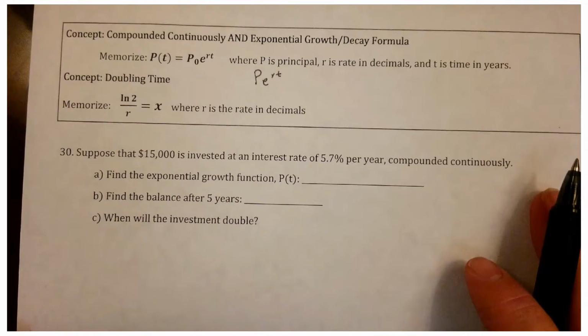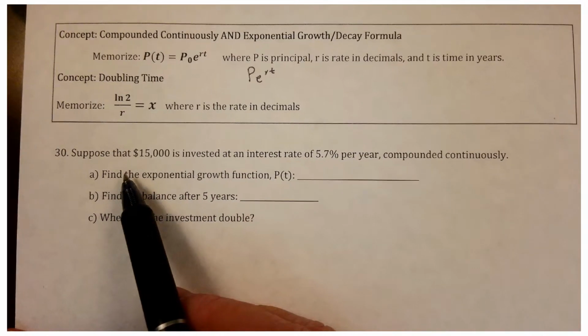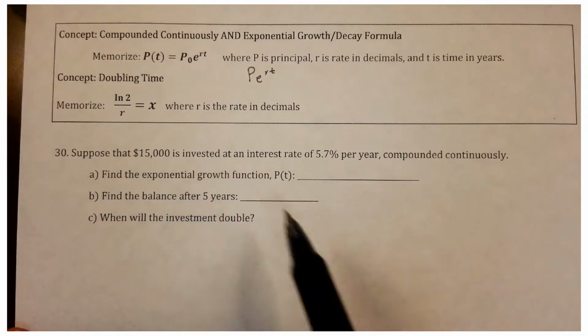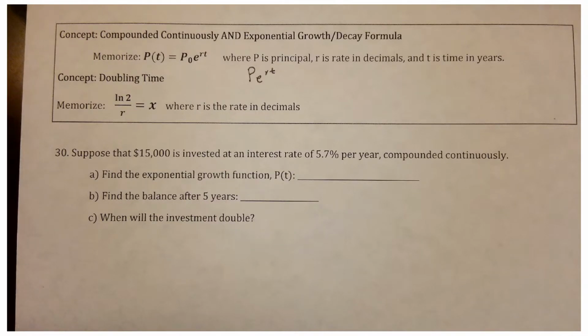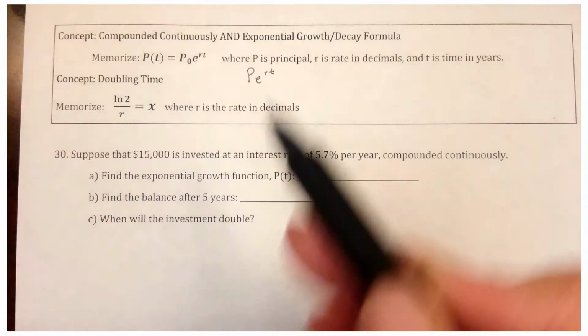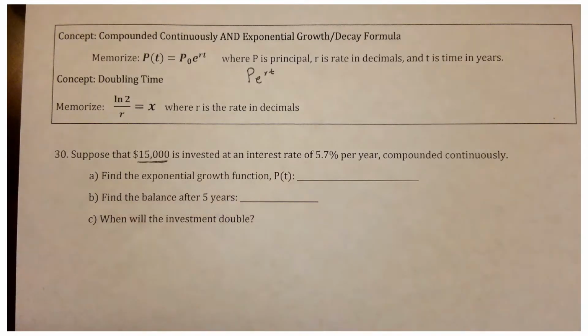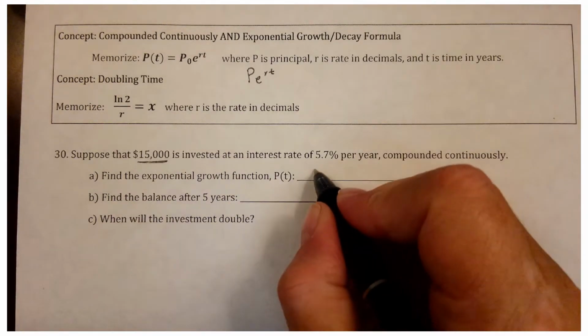All right, so let's look at this problem. Suppose that $15,000 is invested at an interest rate of 5.7% per year, compounded continuously. Let's first find just the growth function. Notice that in our problem, we are not given the time, how long it's invested for. So we just want to write this function as a function of time, leaving t as t. So our P sub 0 in this will be the amount we've put in, our principal. So we'll have 15,000